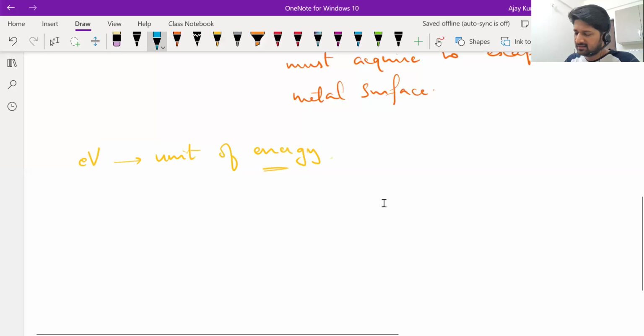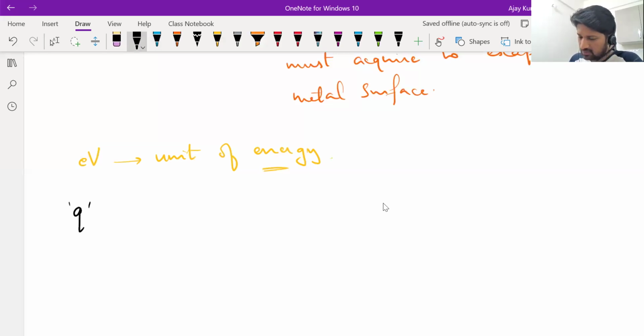Okay. See, whenever a charge Q goes through a potential difference of delta V, what happens is the charge either gains or loses an energy of Q delta V. Okay, charge multiplied with the potential difference. If it goes in a favorable direction, it will gain that much kinetic energy. If it goes in the opposite direction, it will lose that much kinetic energy.